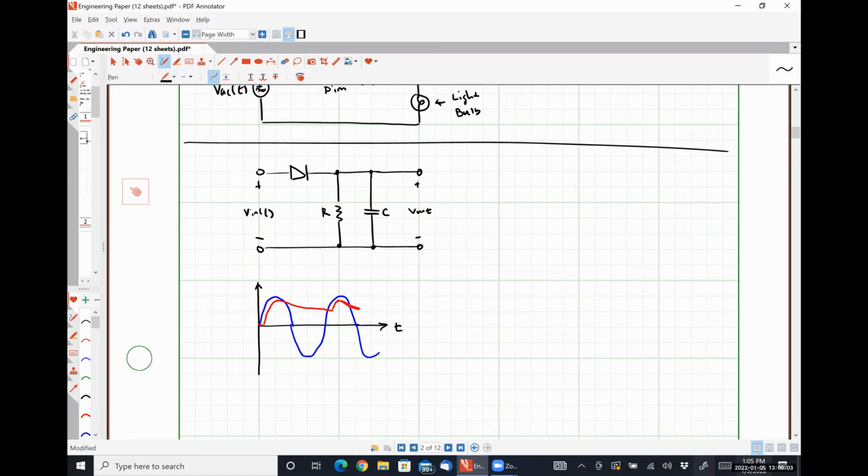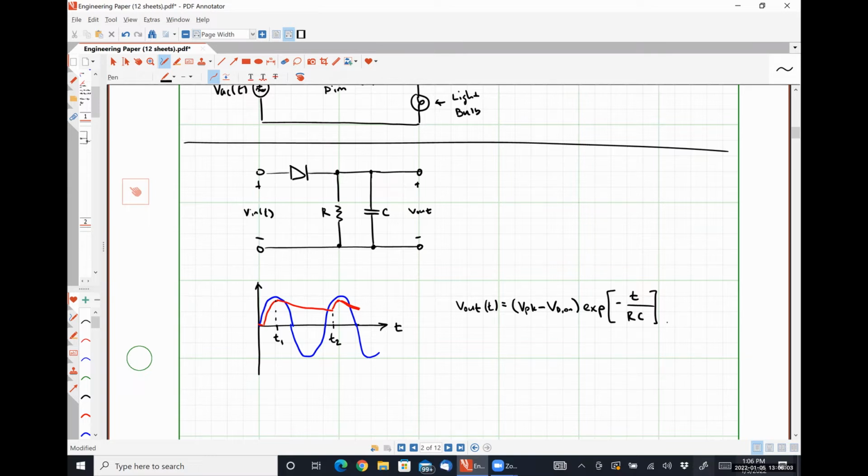So if we call this time T1 and this time T2, what our output voltage looks like over this particular time is simply V peak minus Vd on, which is the initial value, or pretty close to it for when the diode turns off, multiplied by the exponential of -t divided by RC, right? So this is telling us how it decays